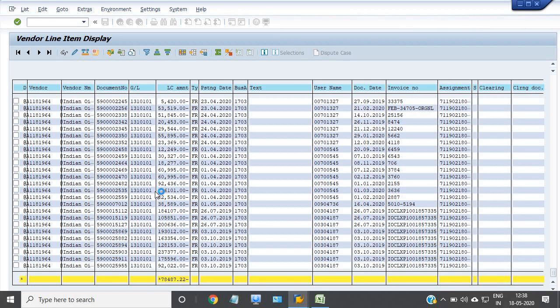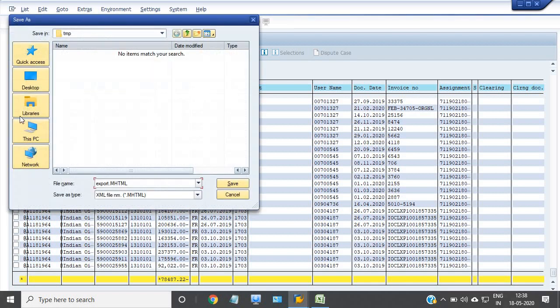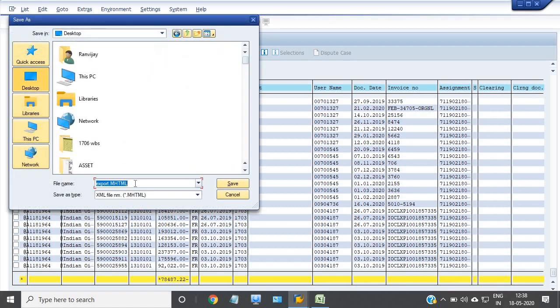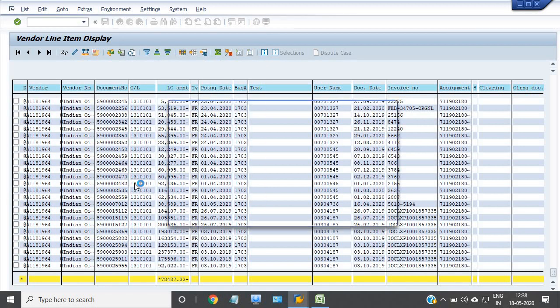Click on the desktop, 1017 fuel. Allow, again click on allow.